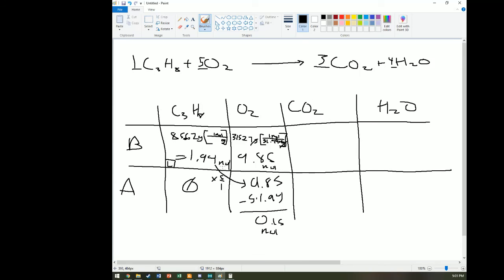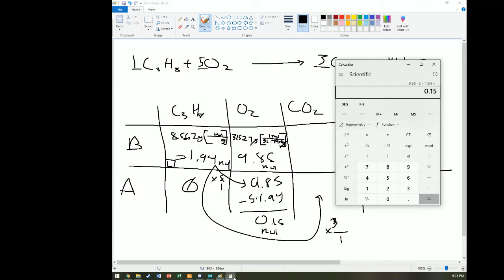And then for the CO2, we remember, since this is the limiting reagent, we must do all our math based off this. This is 3, this is 1, so we multiply by 3 over 1, which yields us